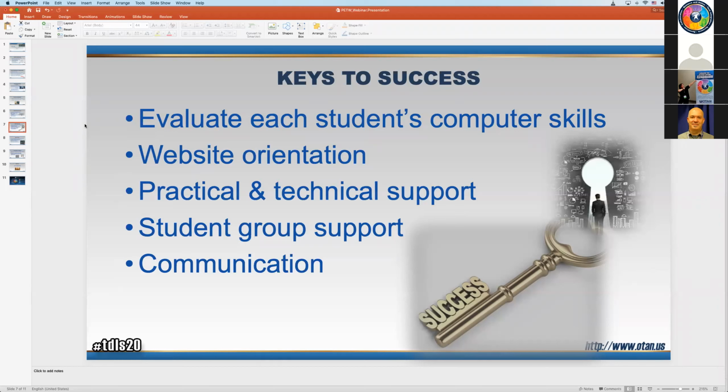Remember, in an ESL classroom, you always pair more advanced students with the less advanced ones, and the more advanced ones are always happy to share their knowledge with the new students, right? And the same applies here. Create groups, have them introduce themselves to each other online, have them create chat groups. Okay, let them know that they're not alone. Communicate with them. Let them know that they can contact you anytime.